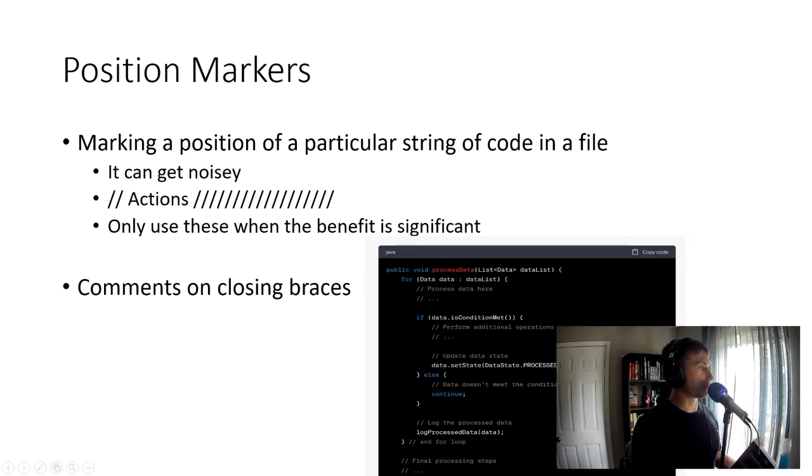Positional markers. Another potential use case for comments, but one that is not really needed. This is basically marking the position of a particular string of code in a file. It can get very noisy and annoying. Just look at that example right there. Actions, like tons of slashes. Basically marking a section in the code where,